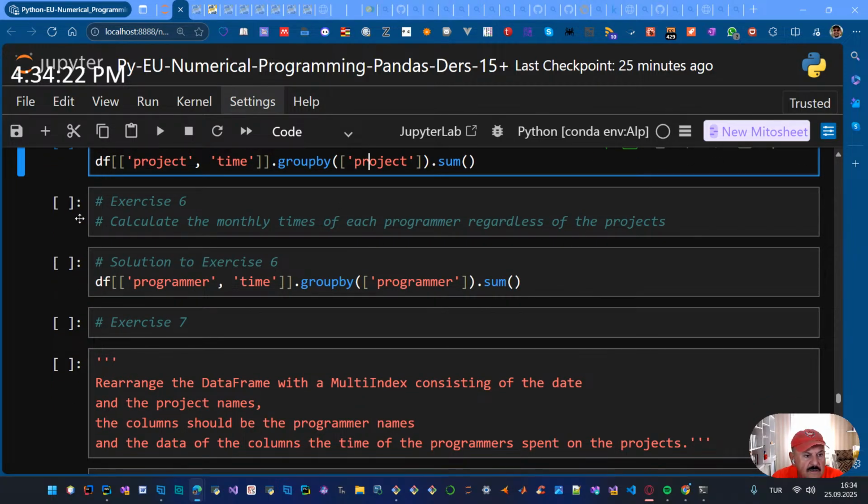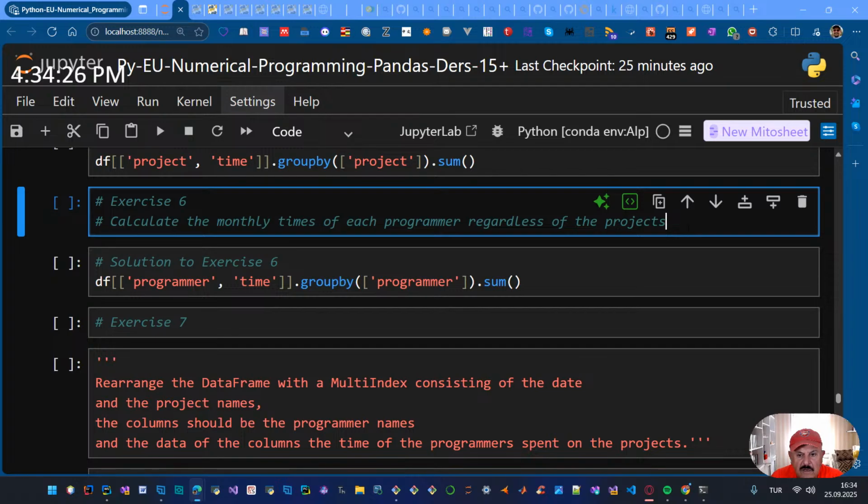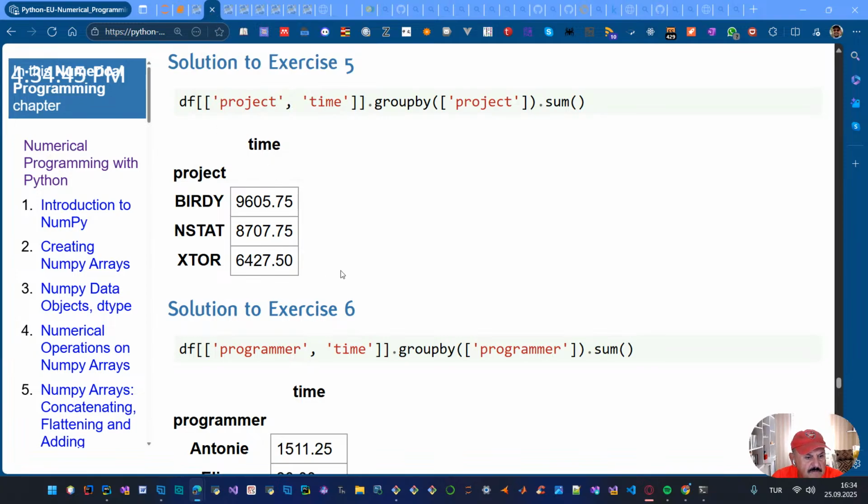Calculate the monthly times of each programmer regardless of projects. That means the type of project is not important, but calculate monthly times for each programmer regardless. That means it's not important which project it is. So right away here,